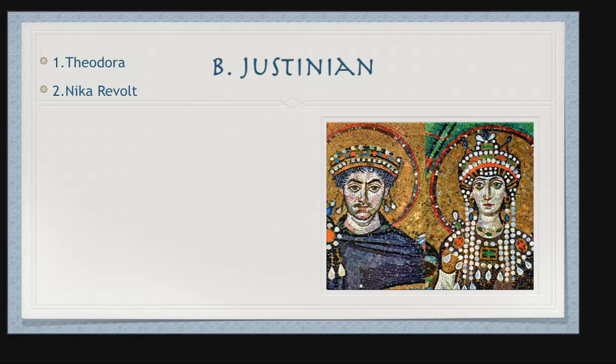And she drags him back to the palace and says, Justinian, you are not going to walk out on me. You're not going to walk out on your country. You are going to come back and you're going to stand up like a man, and you are going to face your enemies. Yeah. She got sass. There you go. This is why I say, Theodora is responsible for a lot of Justinian's success.